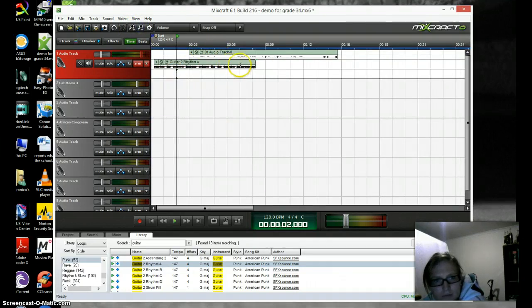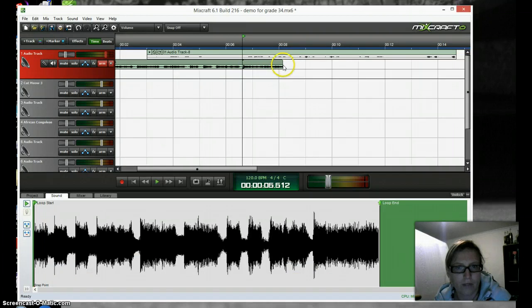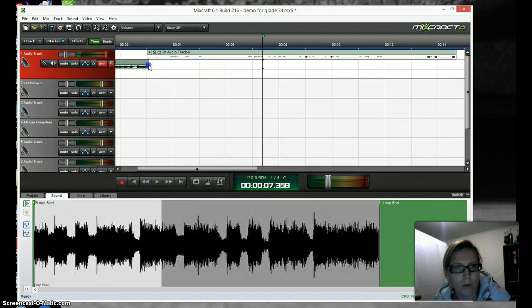So at the moment, my song, you can see it starts here and it goes all the way to there. Now, I don't want it to go all the way to there because that means it's going to cut off parts of my story that I've recorded. So if you hover your mouse over the end of the loop, like this, and just drag it in so that it doesn't cover over what you're saying up there,